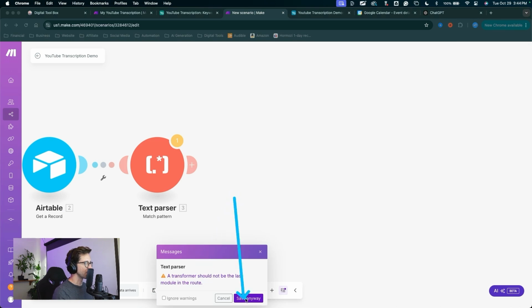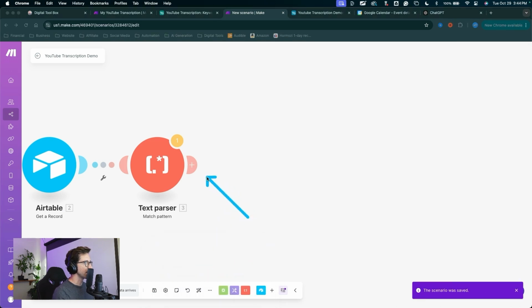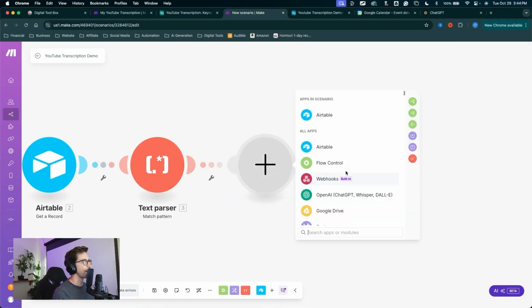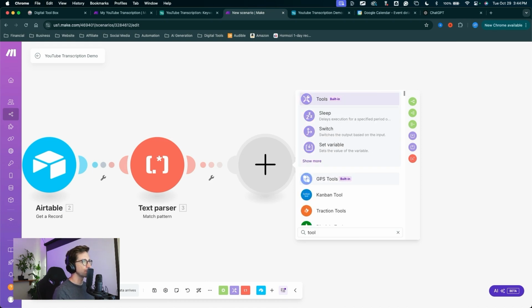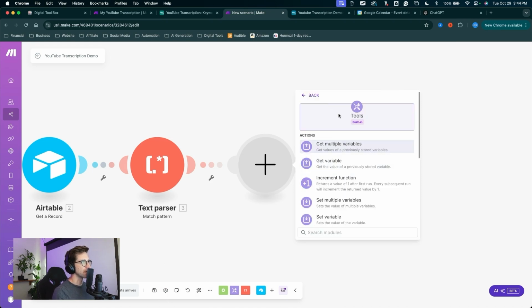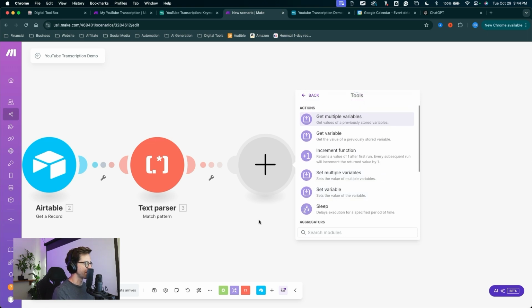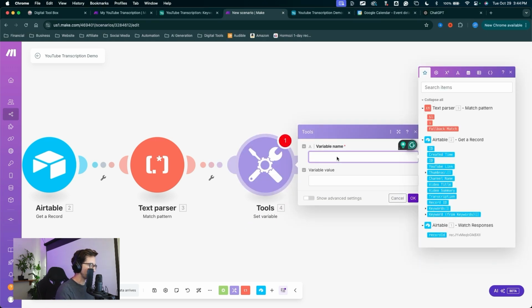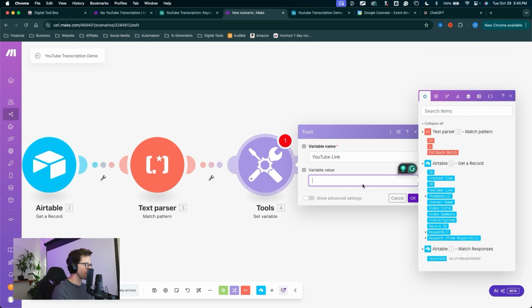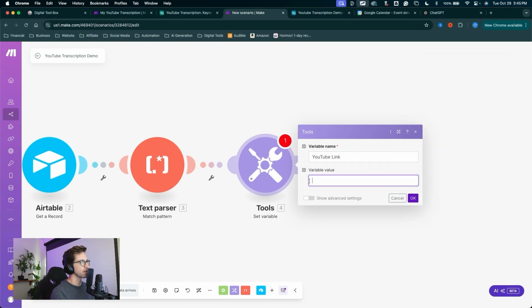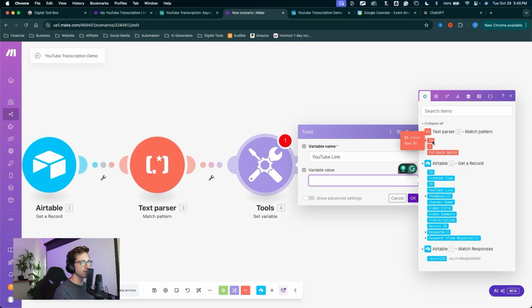It's going to give you a warning here. Click Save Anyway. I'm going to now click the plus, create a new module. I type in the search bar tool to find the built-in tools module. This one will be set a variable name. We can name it whatever we want. I'm going to name it YouTube link, and the variable value will be from our text parser. We want this $1. Again, regular expressions and matching patterns, all that stuff take a little bit of research to figure out what it all means, but we can just select that one